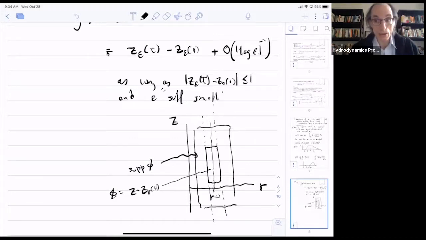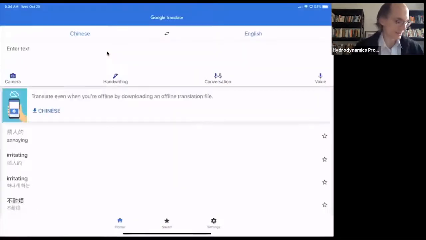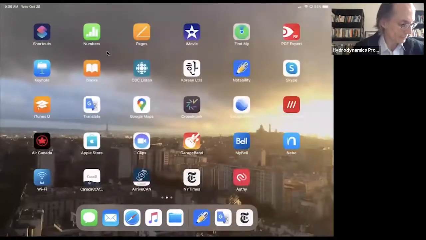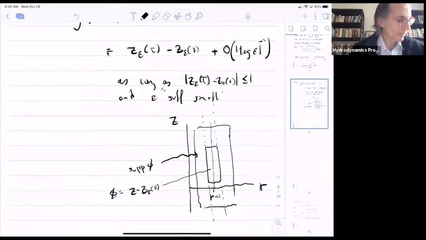Okay, and what I know is that there's this sort of approximate center of vorticity at this point x. I know that for every tau, there's an x star epsilon tau. And I know that if epsilon is small enough, then